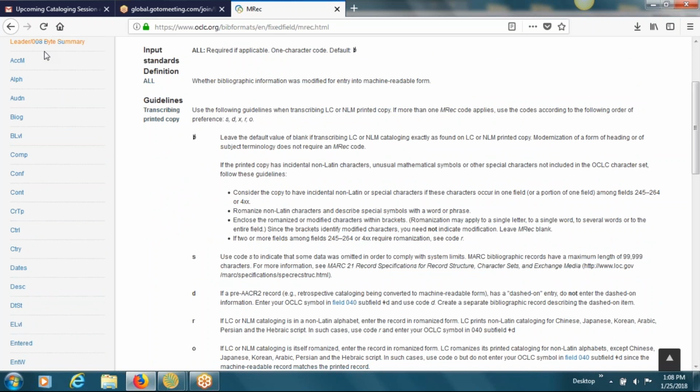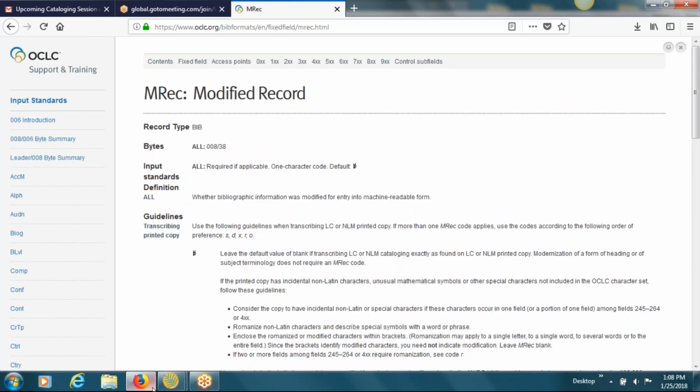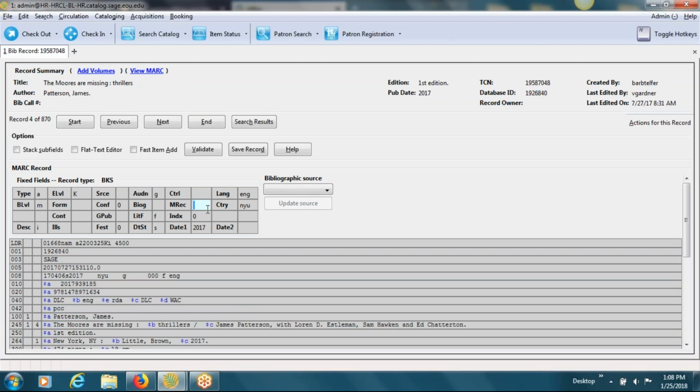Don't think it's going to apply to any of our records. Country. For things that are published in the US, the code always ends in U, and the first 2 characters are the state abbreviation. If you can't remember what the state code is,